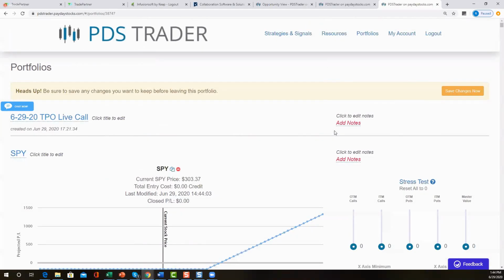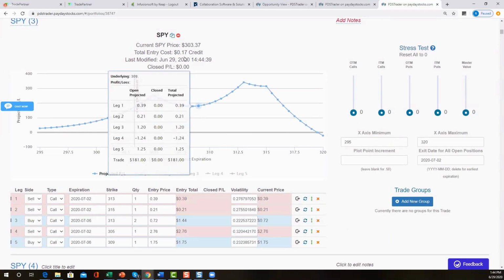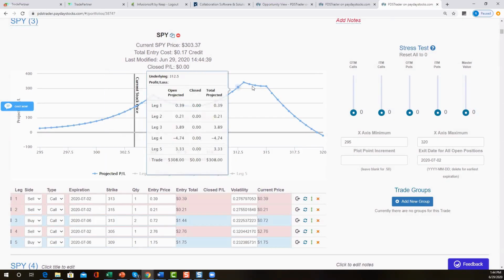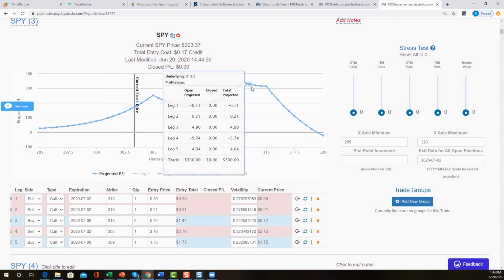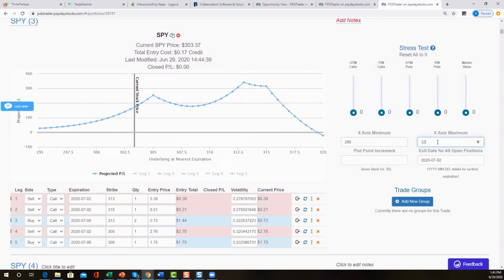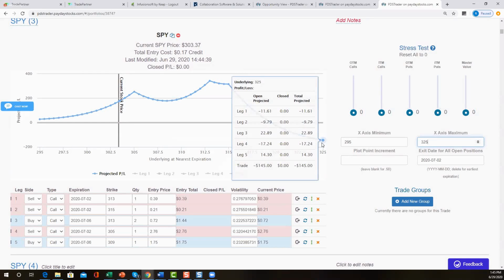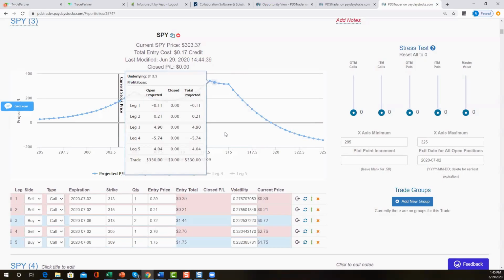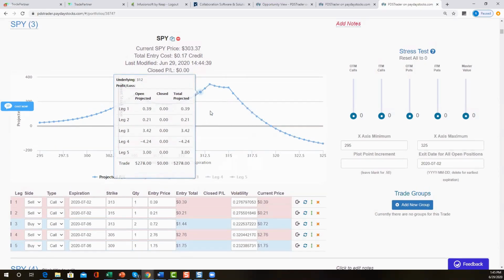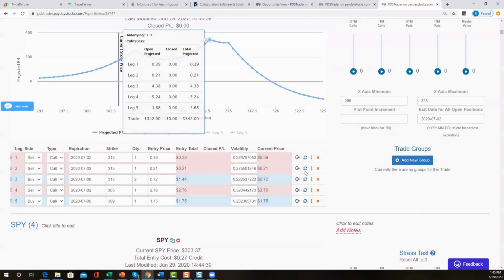Now, total credit on this particular trade is 17 cents. It has a significant profit potential to the upside, no risk to the downside, but there is a little bit of risk if the market were to continue moving up with that single bullish trade. And that risk is about $150 at 325. Okay. So if you'll recall, the minimum profit potential on that bullish is only $125. So let's separate these two.